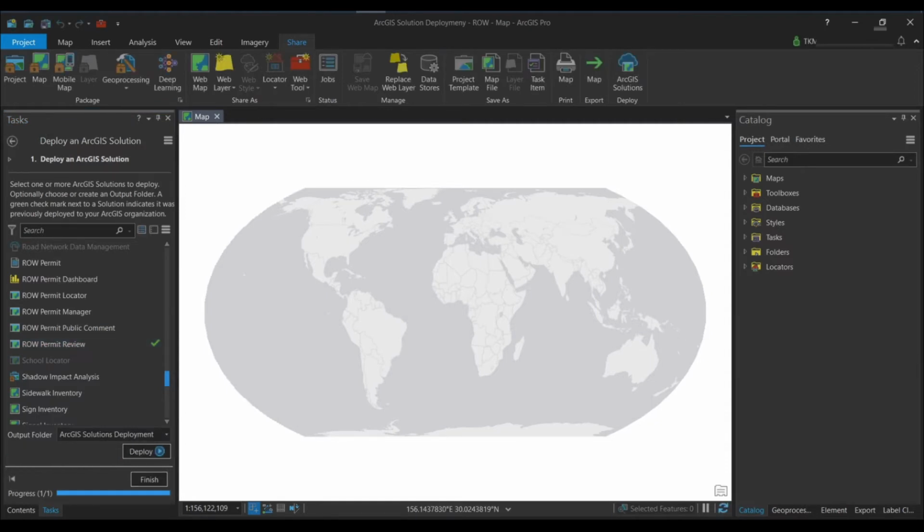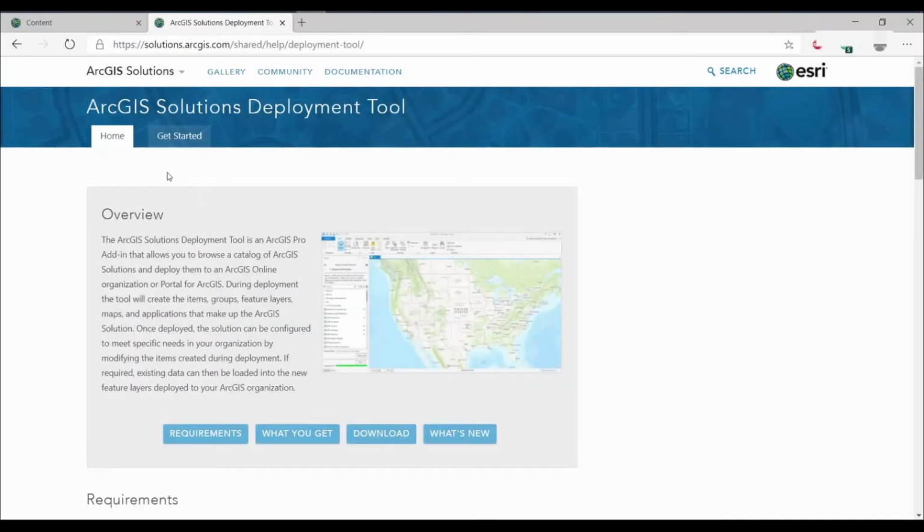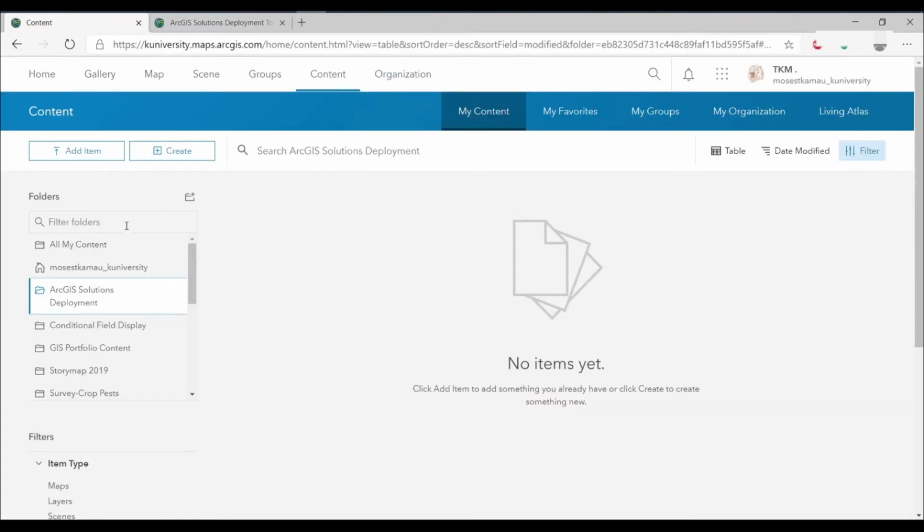Alright, and it's done. It took a few moments to complete because it was writing hosted layer views, hosted features, and web maps and web applications into this folder. To verify whether the solution has been written to this specific folder, we will go to ArcGIS Online and navigate to that folder. So here I have my ArcGIS open, and this is the specific folder that I was talking about,